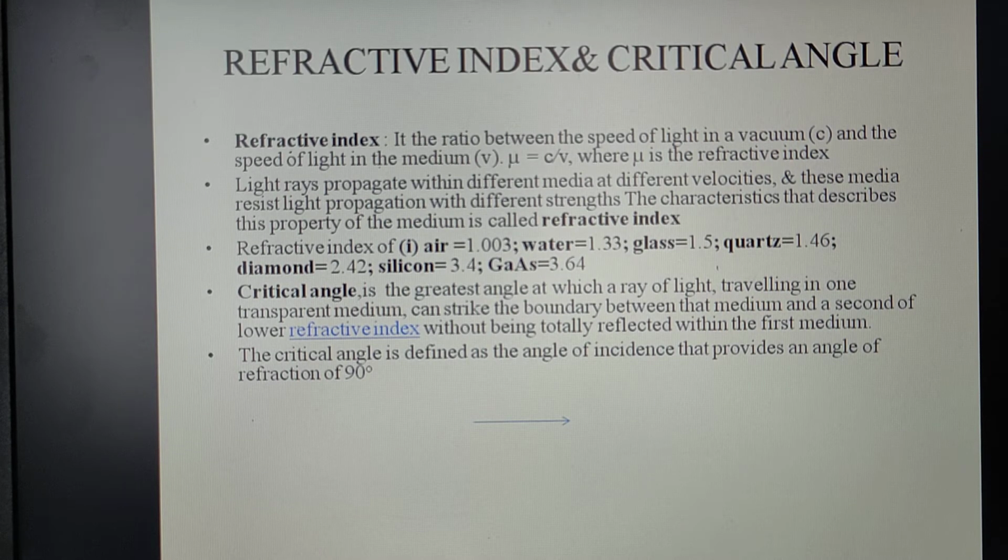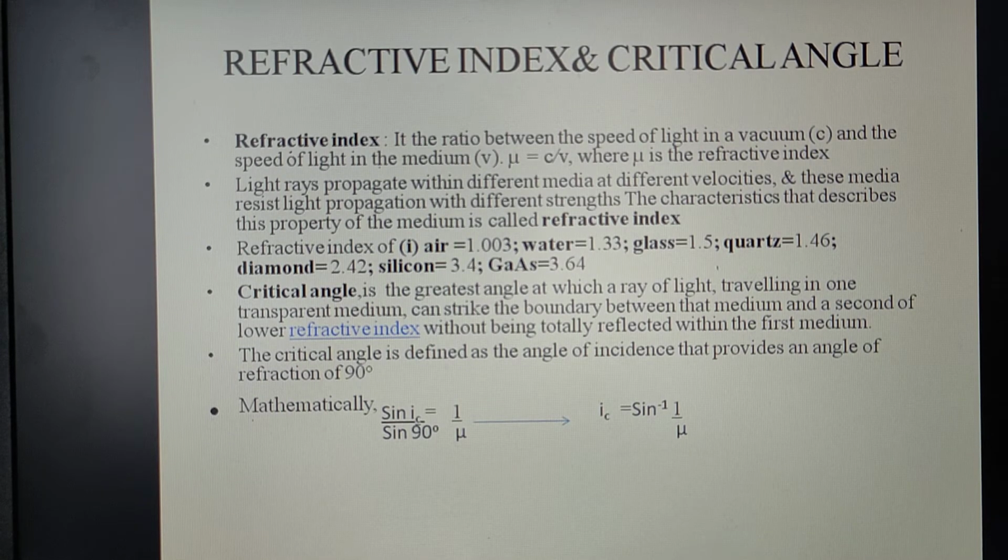Okay, so that means when the angle of refraction is 90 degrees along the line of separation between medium 1 and medium 2, that angle of incidence that creates that particular angle of refraction is known as the critical angle. So mathematically we can show that sine i by sine 90. According to Snell's law, we have sine i by sine r is equal to a constant, right? Now over here sine iC by sine 90 is equal to 1 by mu,